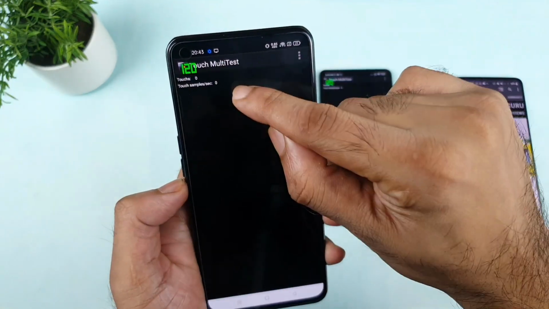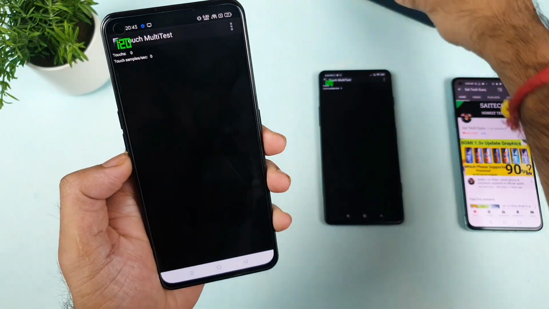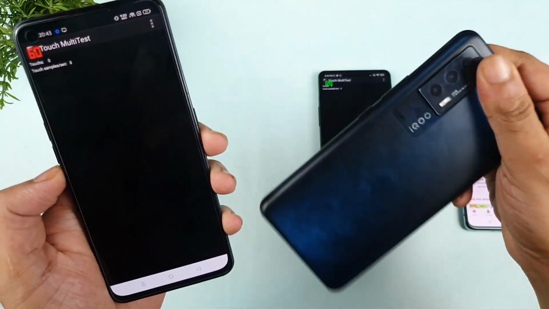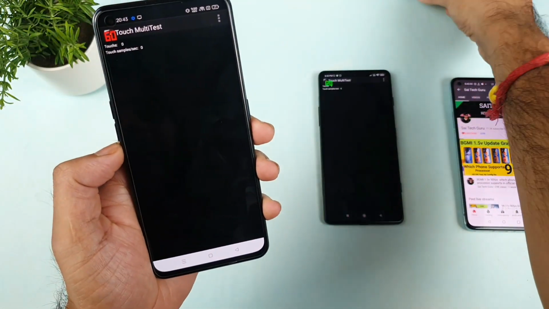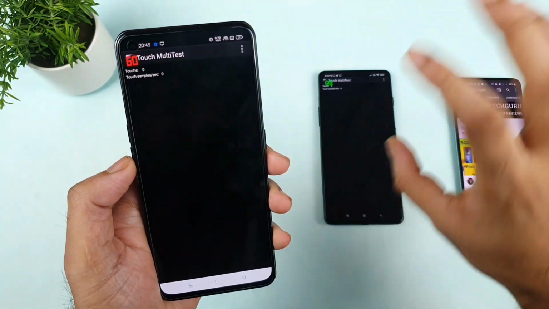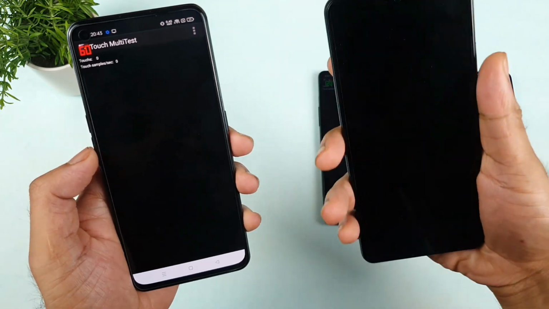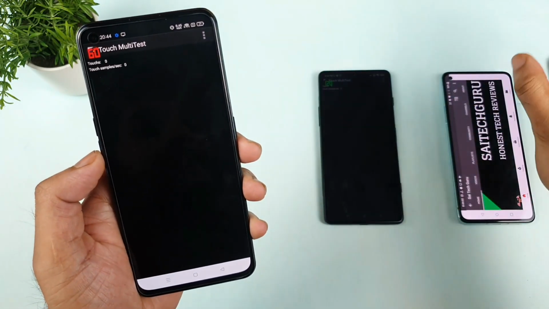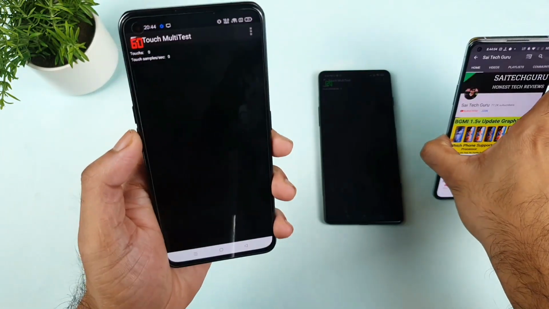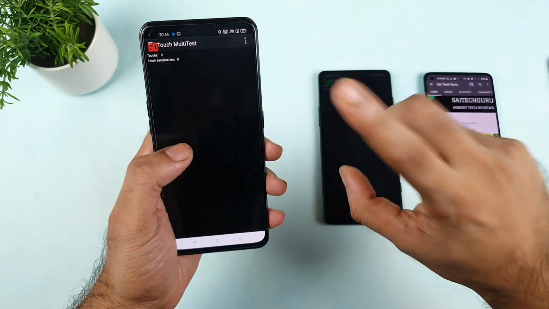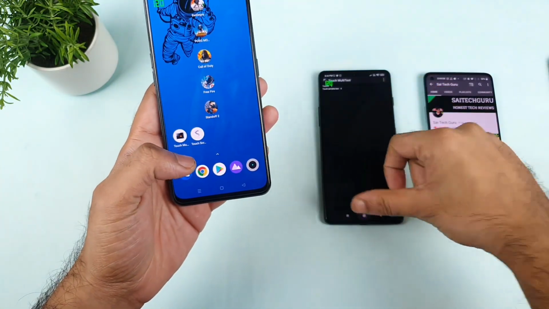To be frank, I did not see this problem in the iQOO 7 device. iQOO 7 has got exactly 300 Hz touch sampling rate, perfect. And I did not see the same kind of issues in other phones. In OnePlus 8T, no problem. In Mi Linux device, also no problem. Same value, whatever the company is saying they are getting. But the Realme X7 Max didn't get that kind of touch sampling rate. That's the one thing which I'm just addressing to you all.